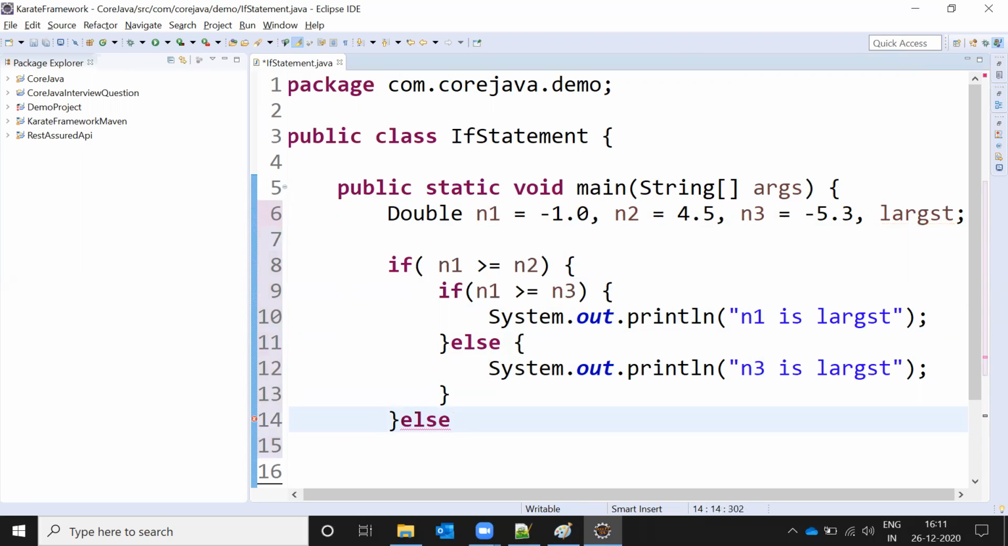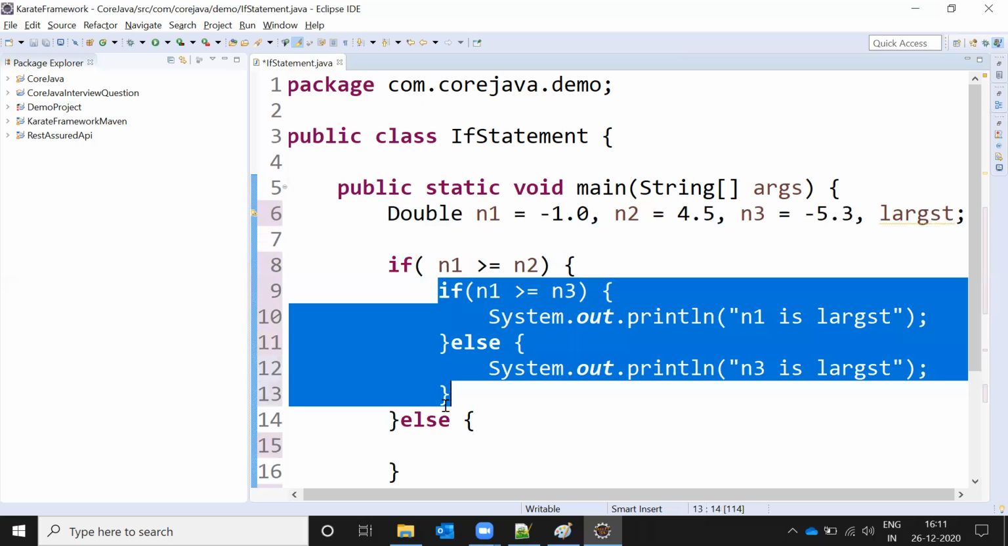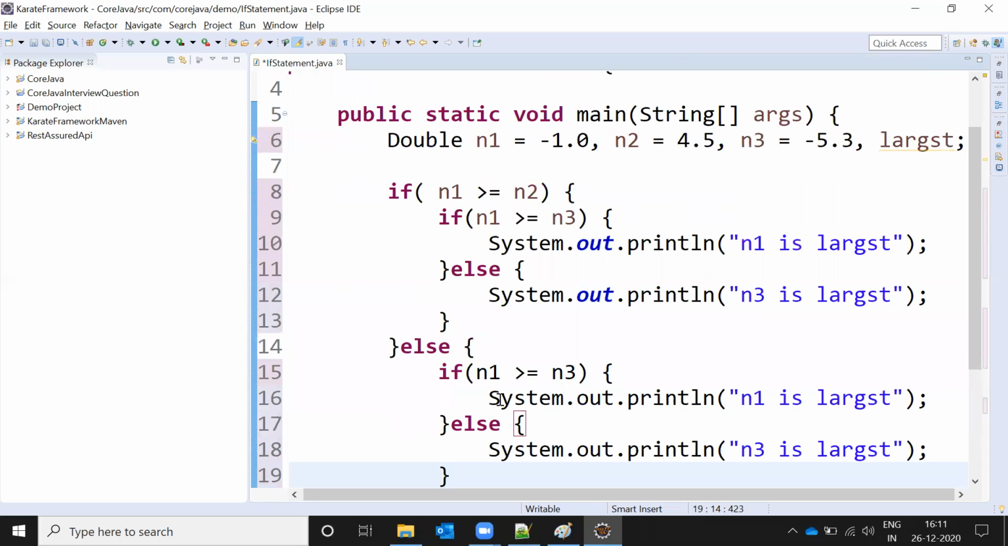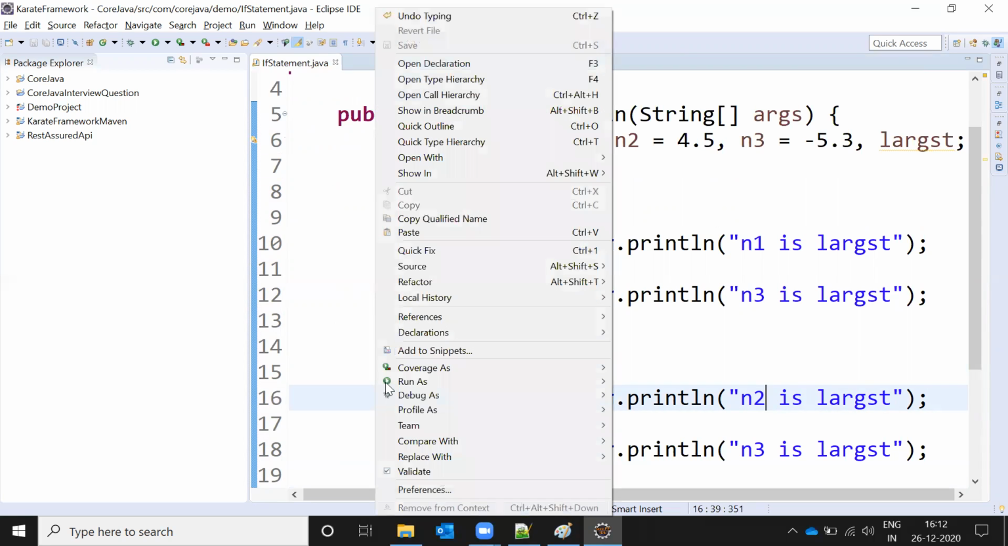Then same thing I will print here. I'll check here n2 is greater than or equal to n3. Okay, we'll